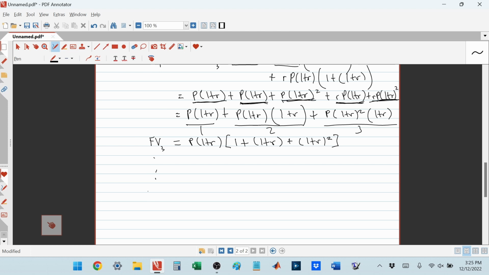So it seems like after n periods, if the pattern stays the same, our account should be worth P times (1 + r) times the quantity 1 plus (1 + r) plus (1 + r) squared